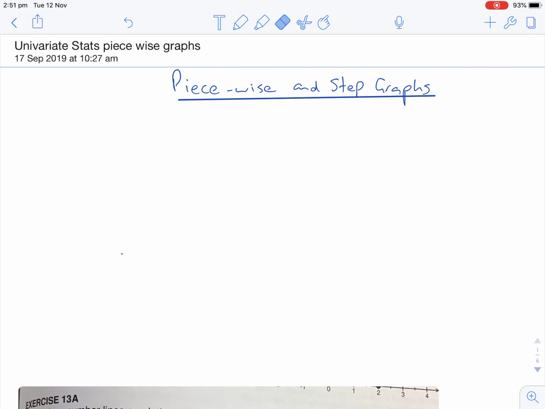Okay, piecewise and step graphs. So piecewise graphs or step graphs are basically just graphs where the nature of the equation changes over different domains or over different ranges of x values. So, for example, if I was to draw you an axis quickly,